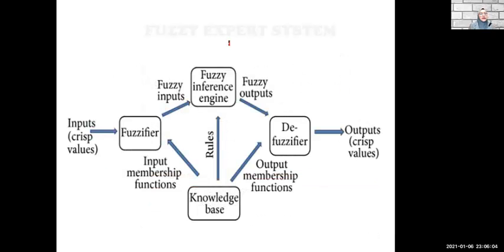So this is a fuzzy expert system. We have input, which is a crisp value. We have the fuzzifier. We have a knowledge base system to generate the knowledge. So the fuzzy inference will map the crisp input value, and to control the system and output, the defuzzifier outputs a crisp value to control the environment.